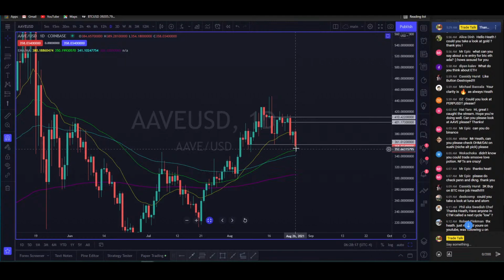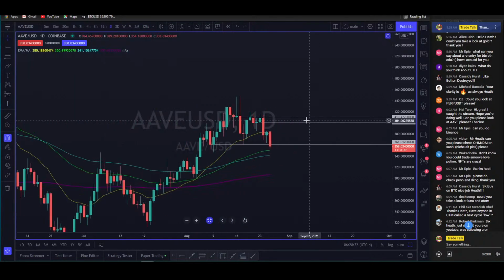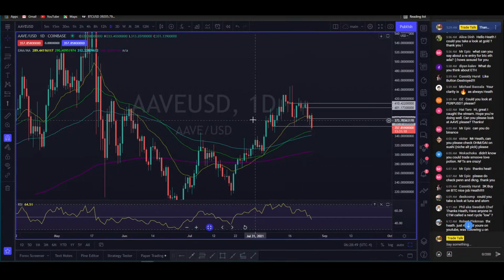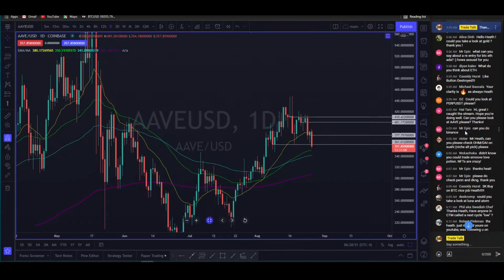If you close below this price, then people are going to look to short this. In fact, I will be too, because it's the first one that's actually almost about to give a sell signal. And if you do get that closure, then obviously we're going to be watching 377 for resistance. But it all hinges on the closure this thing puts in today. All right? So, yeah, it's not looking so hot.